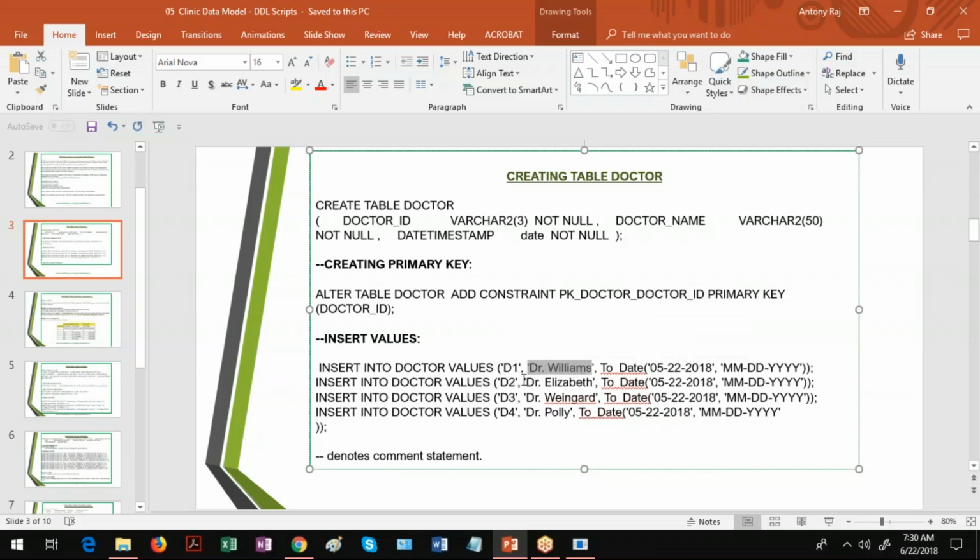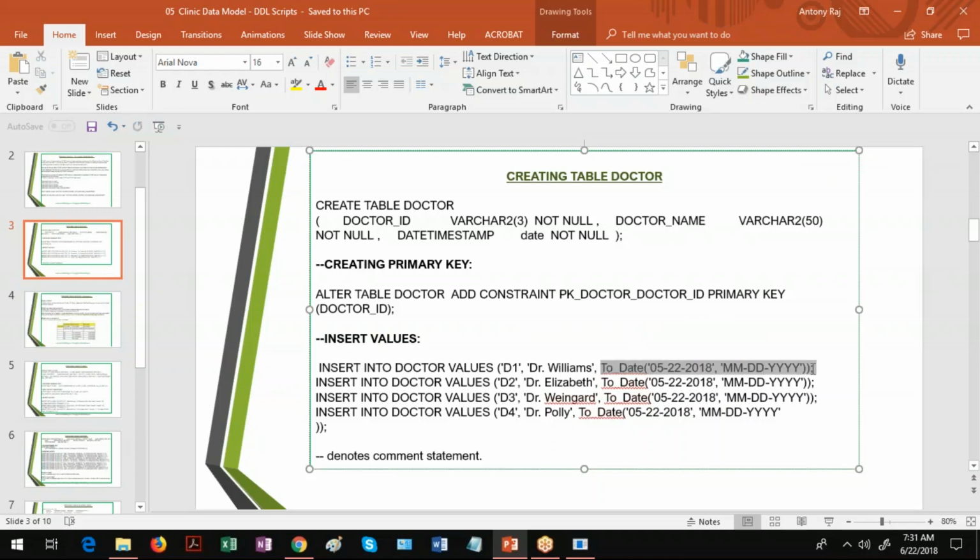So D1, comma, Dr. Williams. Dr. Williams will go to this doctor name, and since it is Varchar2, we enclose it within single quotes here.